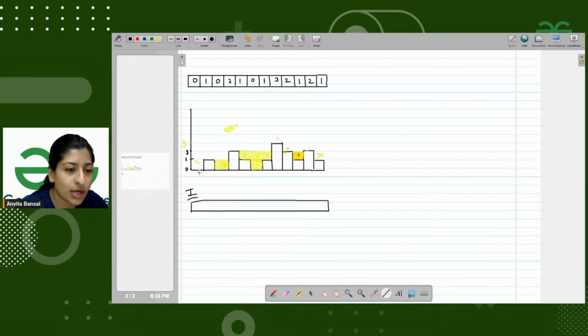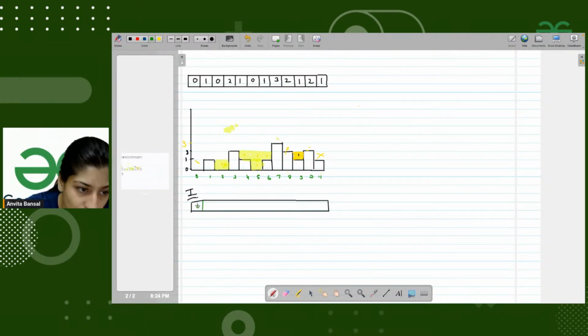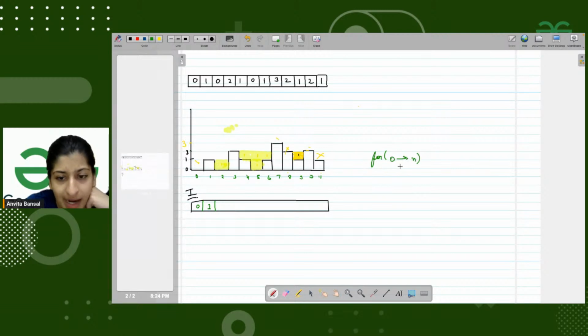So if I'm at the 0th index, let me write it this way. I am at 0, 1, 2, 3, 4, 5, 6, 8, 9, 10, 11. At the 0th index, I'm calculating the maximum at the left, including that index, that is 0. I am at index 1. What is the maximum I can find till this position? This value itself, 1. How will you calculate it? You'll simply use a simple for loop